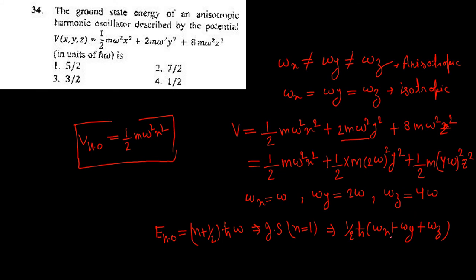Now put all these three values over here. We will get omega plus 2 omega, which is 3 omega, and 3 omega plus 4 omega is 7 omega. So 7 omega h cross by 2, that is 7 by 2 h cross omega. Okay, so for the answer, you have to find it in units of h cross omega. So in units of h cross omega, the energy of the ground state E0 is with n equal to 0. We will put n equal to 0. So the answer will be the second option, 7 by 2. Okay. Now let's move towards the next question.